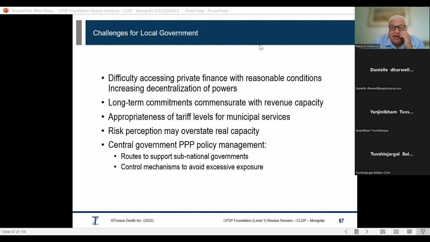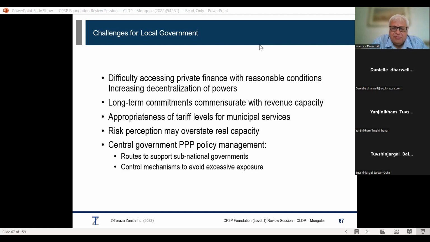Okay, so let's revisit the challenges for local government. Simply, they are smaller organizations within the jurisdiction of a nation, and they may not have sufficient finance. We've said that cities like Manchester, Liverpool, Chicago, and New York have gone bankrupt in the past, and they're major cities, and therefore the private sector can be slightly nervous about working with them on major infrastructure projects. And the expectation will be that the central government will help with the projects.